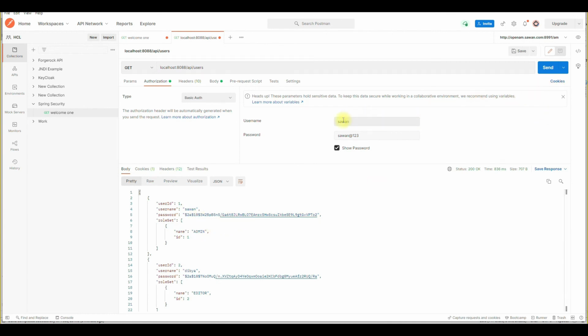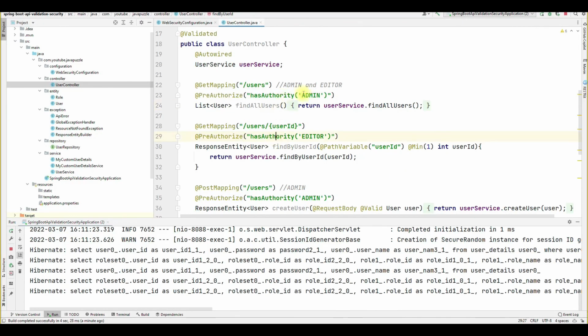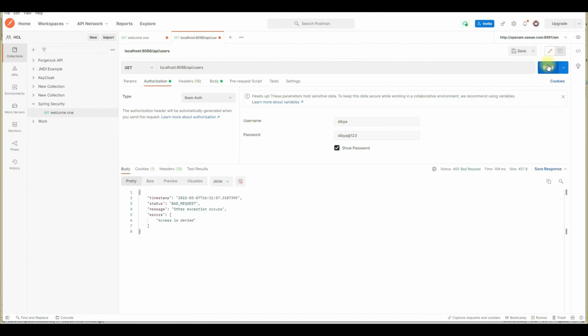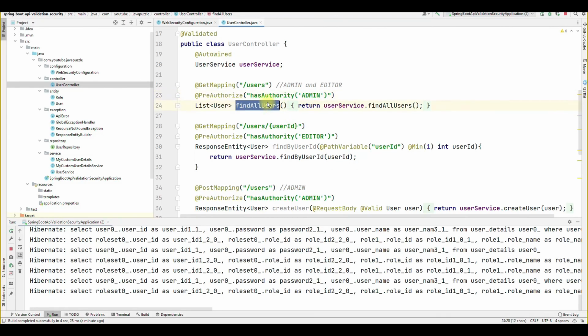So let me change it and make the editor, username Divya, and as per our implementation Divya cannot access this API. Let me send this again. So access is denied. Okay, fine, that means Divya is not able to access this API. Editor cannot access this API, admin can.